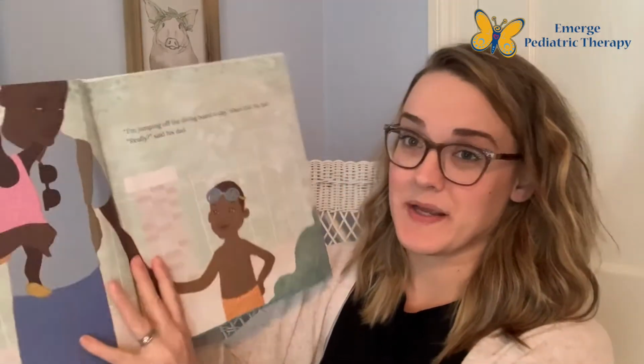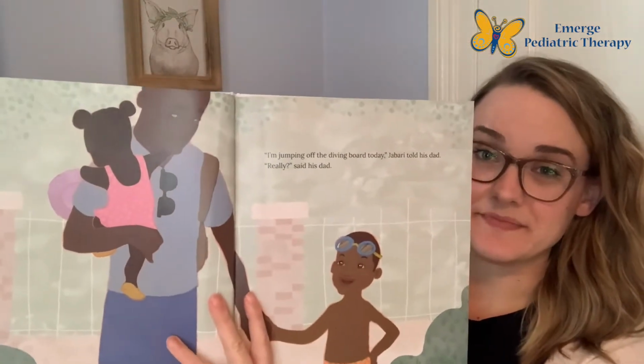And as we're going, we'll stop and talk about how we can teach emotional expression. So I'm going to demonstrate what some of my kiddos like to do with me in therapy when they read. We'll open to the first page. And on the first page, they'll say,